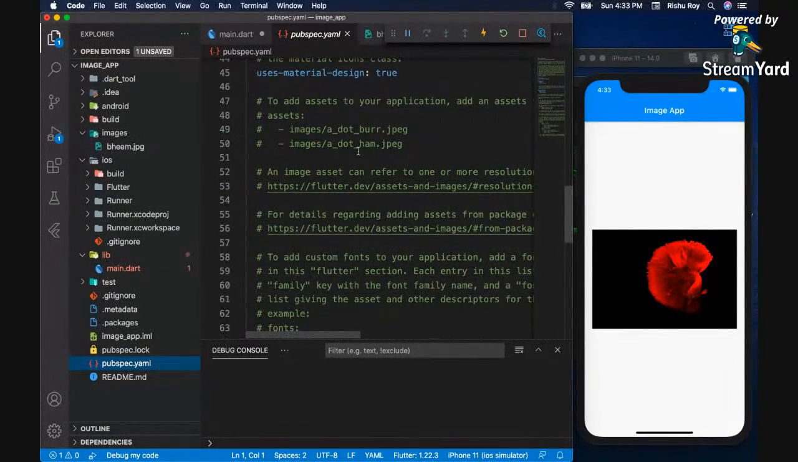For this, there's a section here that says to add assets to your application, add an asset like this. So we'll uncomment this, and for uncommenting, you can use the same command that is used to comment the lines, that is command forward slash, and in Windows you can use control forward slash. Okay, so uncomment this, and we have to assign the path to our image. So the path to our image is the images folder over here, then the name of your image. My image is bhwm dot